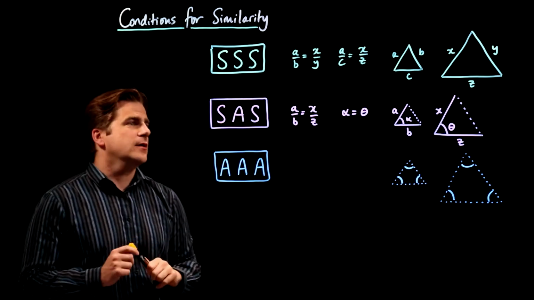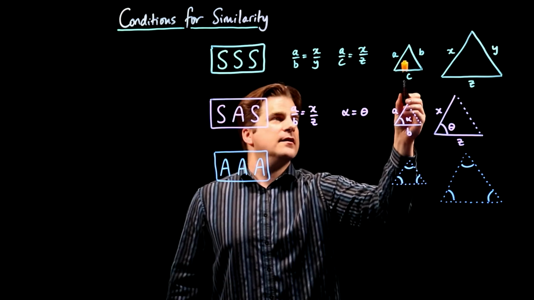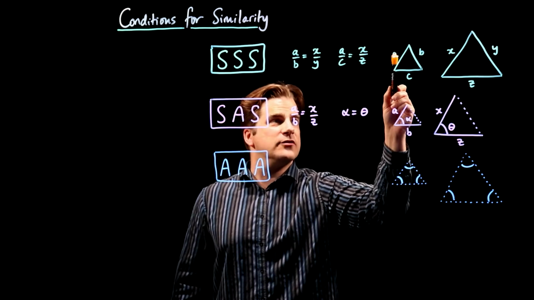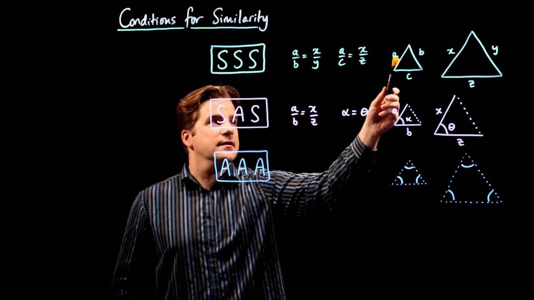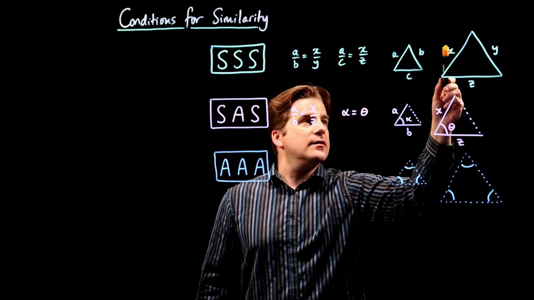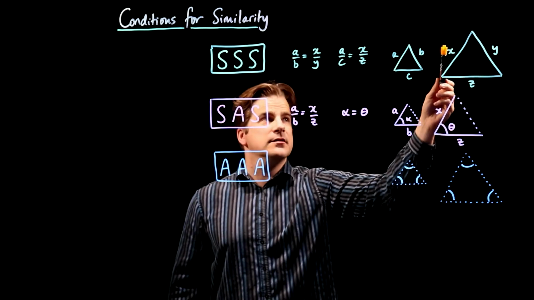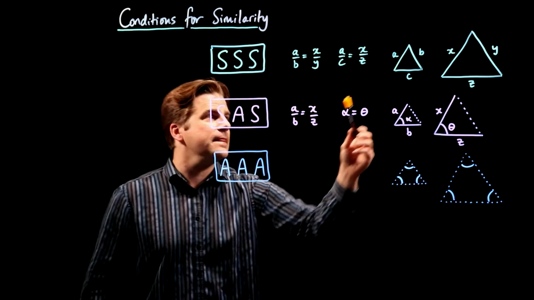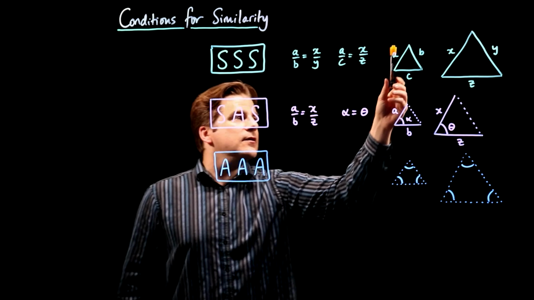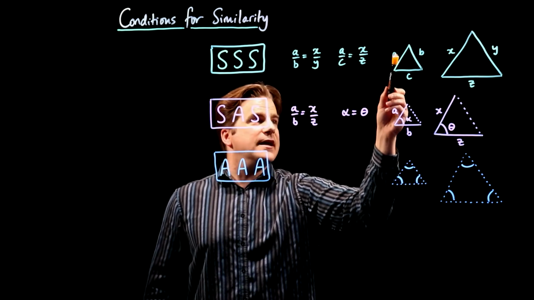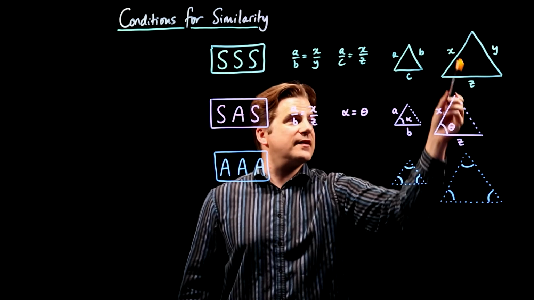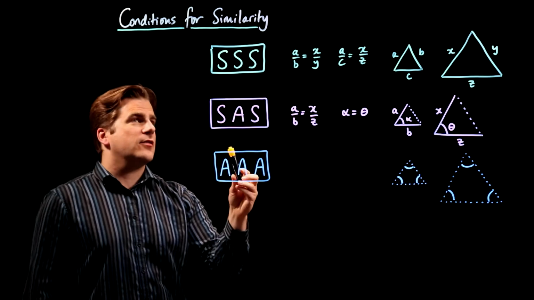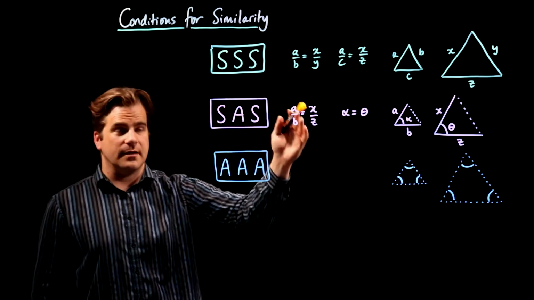What does that mean? What it means is that for the first triangle, if you can show that the ratio of one side to another, A to B say, is the same as the ratio on the other triangle. In other words, the ratio of A to B equals the ratio of X to Y, and the ratio of A to C is also the same as the ratio of X to Z on the other triangle. Then you've proven that those two triangles are similar, because